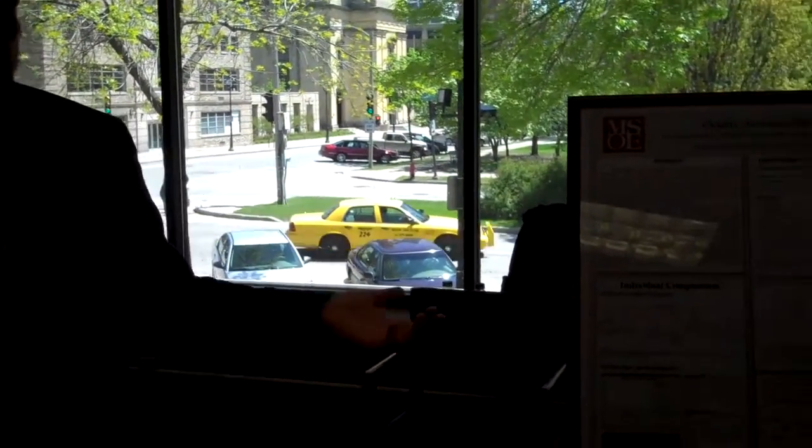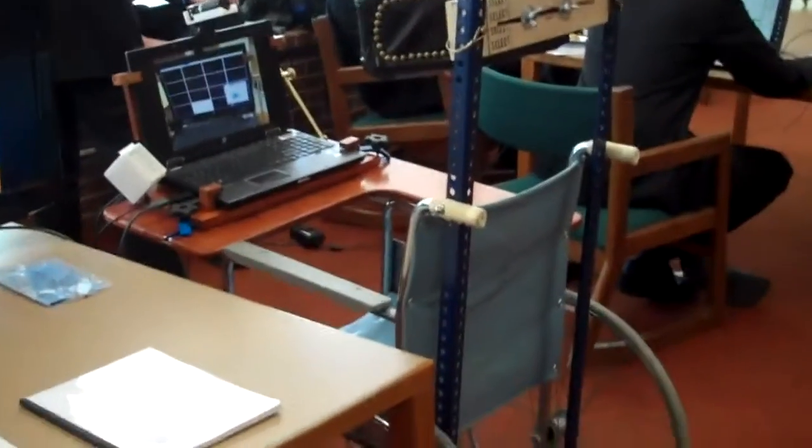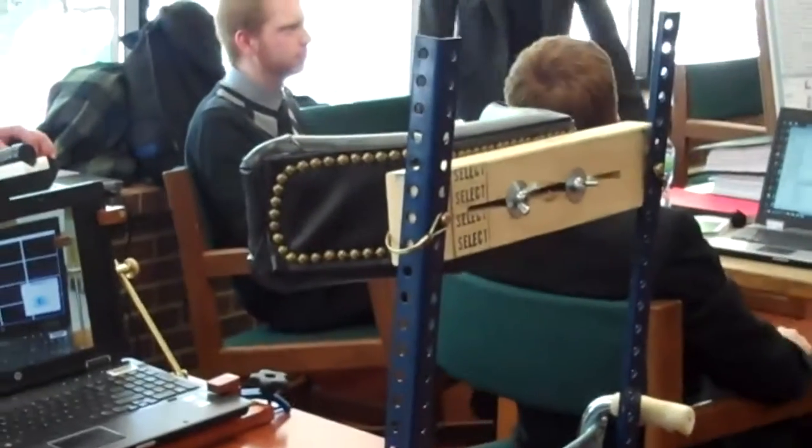So, that's really the gist of our project. We created a wheelchair, which allows us to lock down the computer, and has an adjustable headrest in both the X and the Y direction. So,